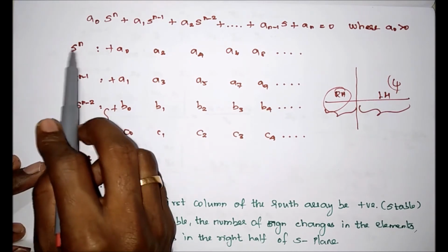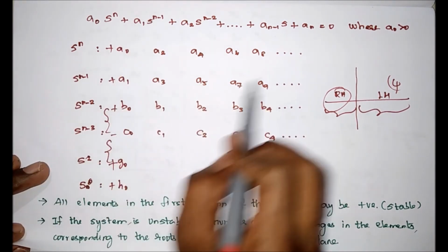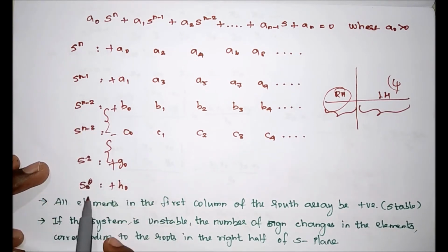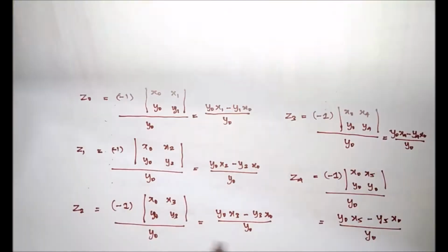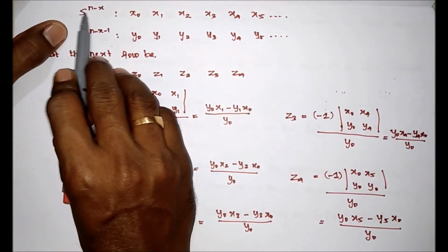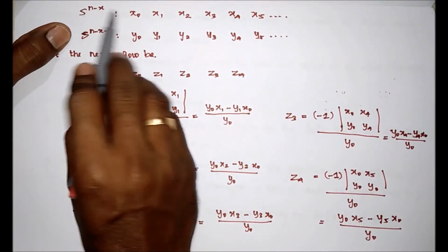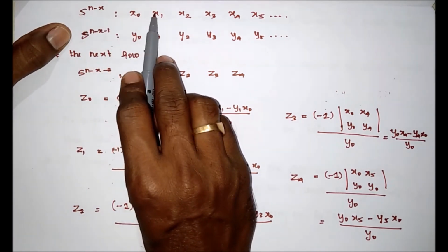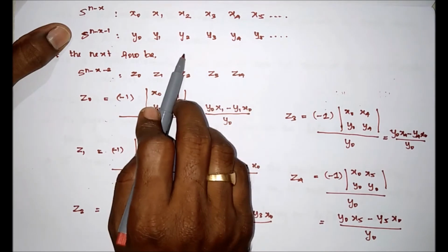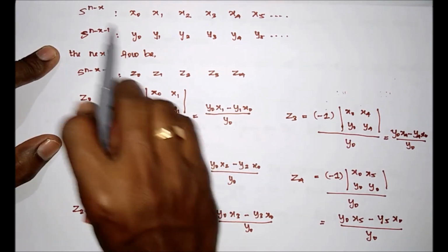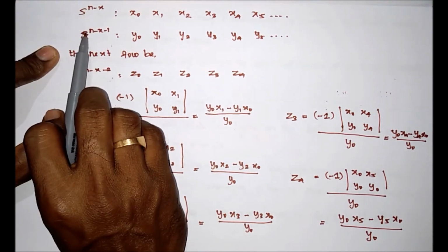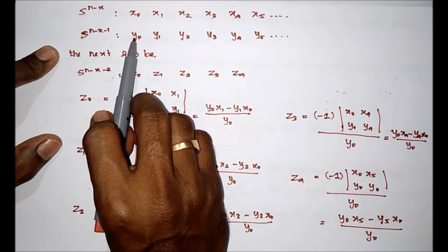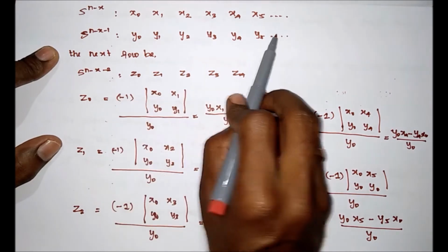and the next term we can simply write with its coefficient. But while calculating the next consecutive s power terms, we have to use one formula. So this is the formula. Suppose the maximum power is x0 with its coefficient, for example x0, x1, x2, x3, x4, x5. Next its coefficient. Suppose it is odd, here we have to select the even one. Its coefficient from the characteristic equation, as I told in the previous slide, we can write.